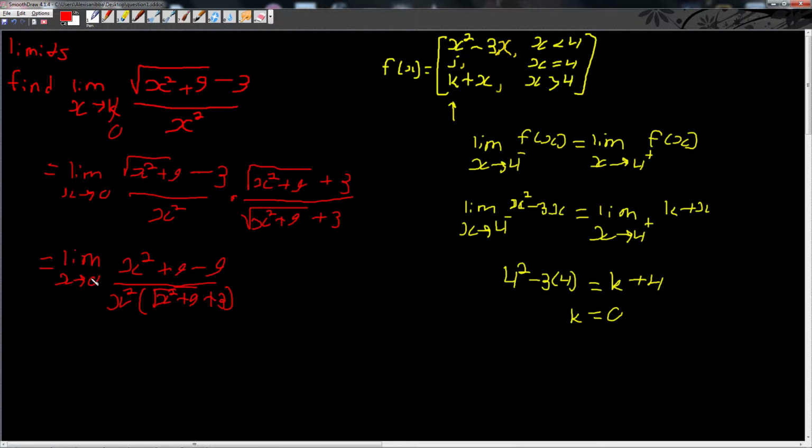Now, we still cannot plug in the 0, as if we plug it in, it will be 0 here, which makes the whole denominator 0. Fortunately, we have x squared in the numerator and x squared in the denominator, which we can just cross out, leaving us with